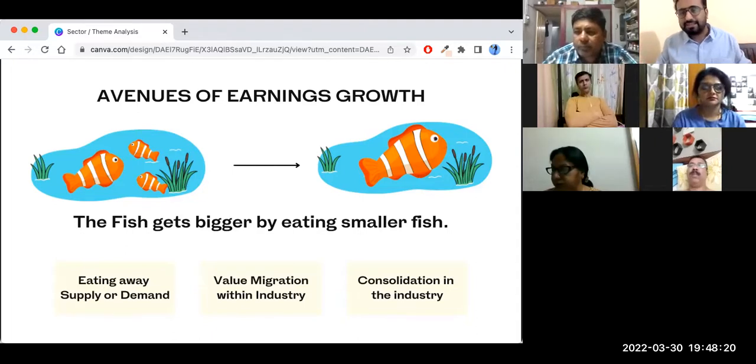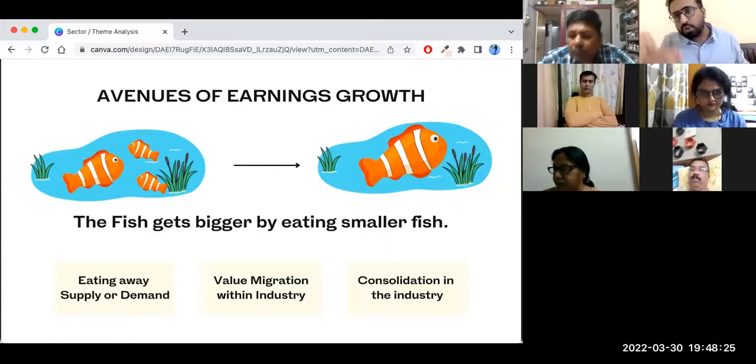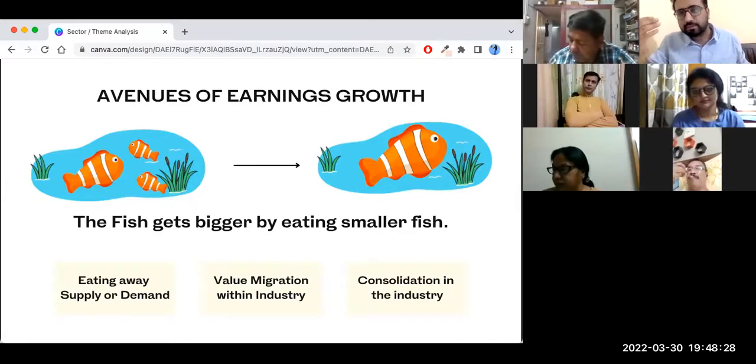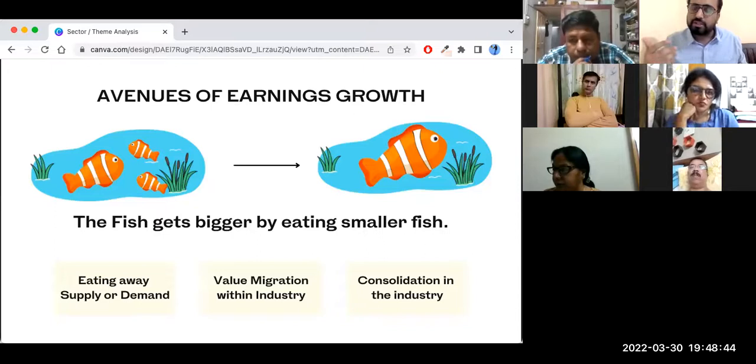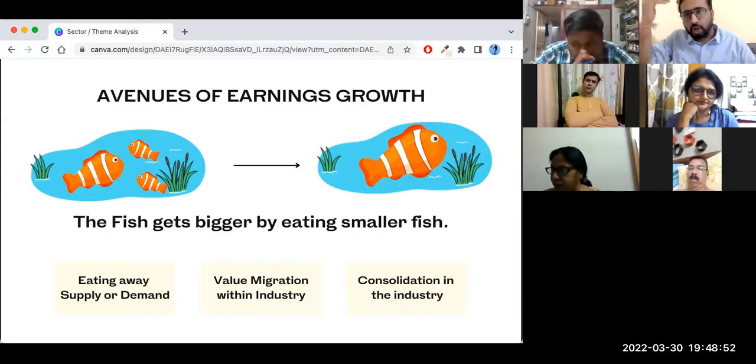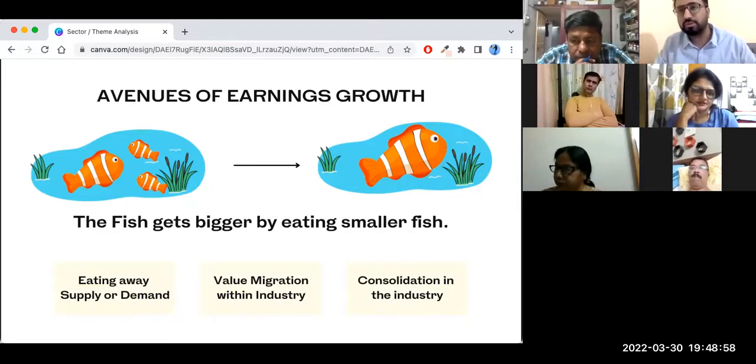Let's say, even before Jio came in, the only two prominent players in telecom were Airtel and Vodafone. And it is not that Airtel and Vodafone actually ate away the supply or the demand of the telecom industry. The primary reason these were the only two left was that the telecom industry is very difficult to operate in. You cannot win the telecom industry if you do not have unlimited cash sitting with you. Now, because of that constraint, smaller companies automatically shut down.